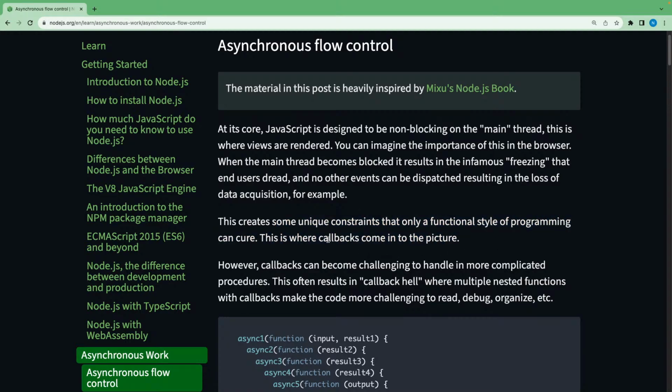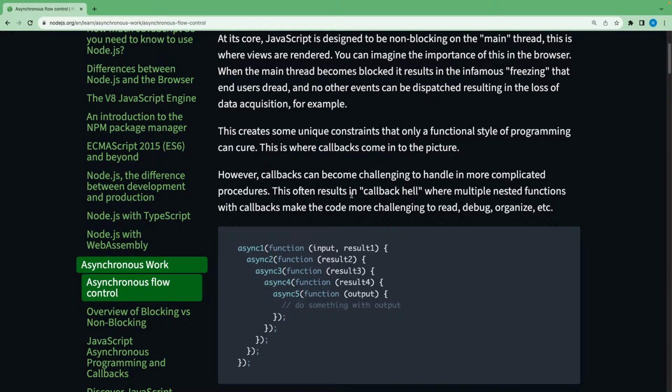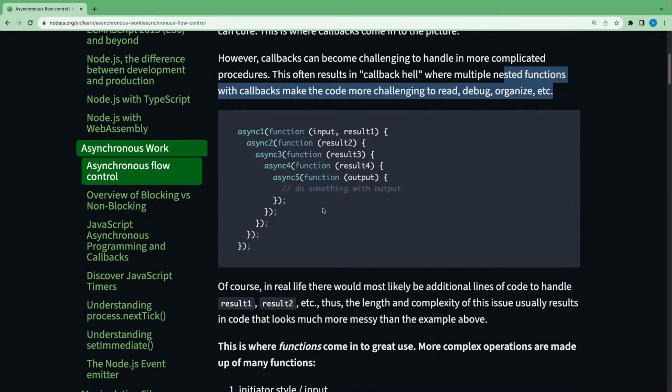This is where callbacks come into the picture. However, callbacks can become challenging to handle in more complicated procedures. This often results in callback hell, where multiple nested functions with callbacks make code more challenging to read, debug, and organize. So like this, we have output inside result 4, then inside